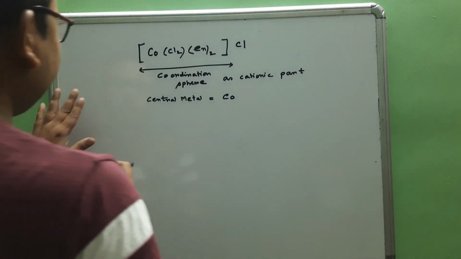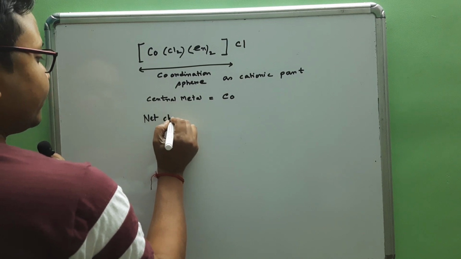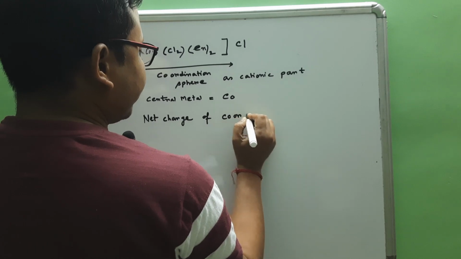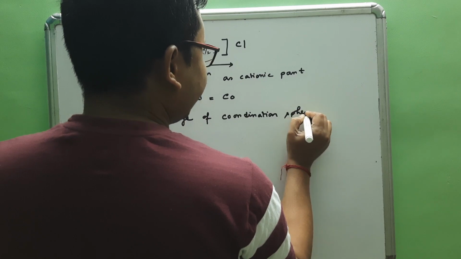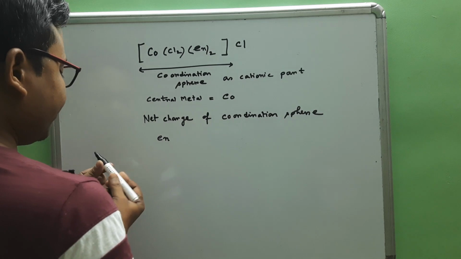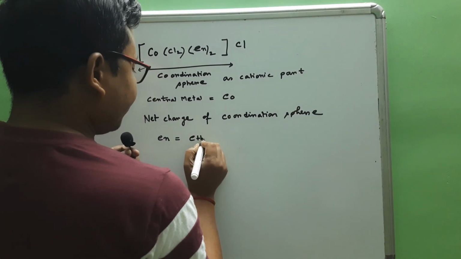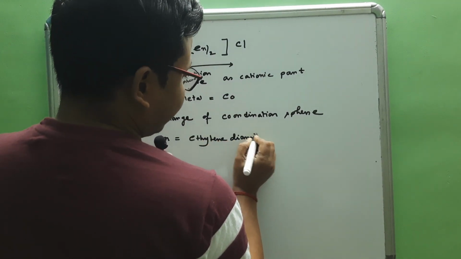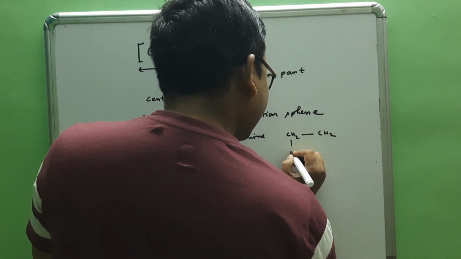So what will be the net charge of the coordination sphere? What will be the net charge of the coordination sphere? Ethylene diamine is a neutral ligand. En means ethylene diamine. So this is ethylene diamine, CH2